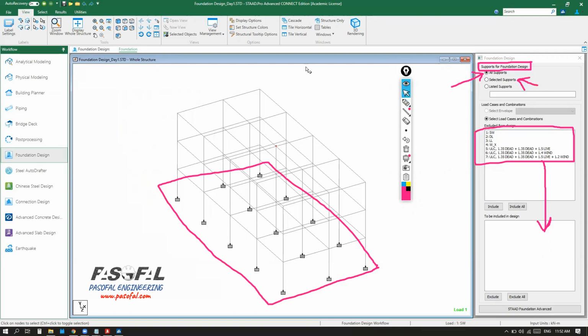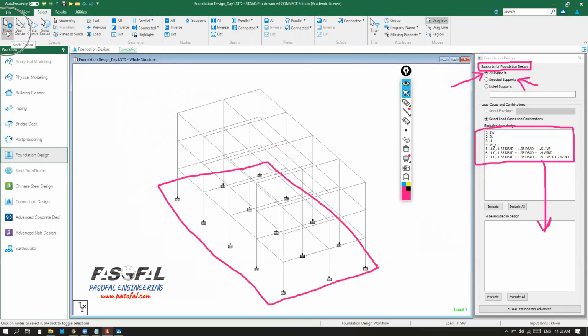For example, here I can go to select, and then I can select the node cursor. And for example, I can select this node, press Control, this node, this node, this node, this node. Okay. And then from here, if I want to only design the foundation for these nodes, I can go and select supports only. And then here also you can go to listed support. So if you know the number of the nodes, so here you can,